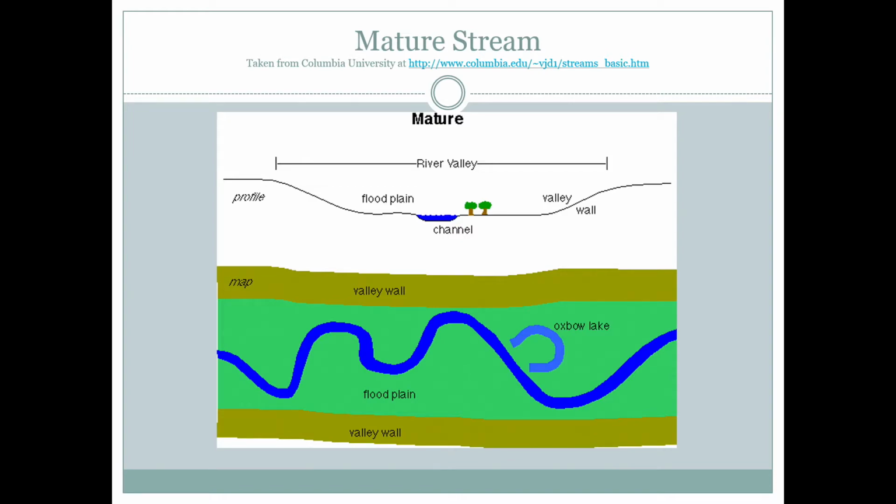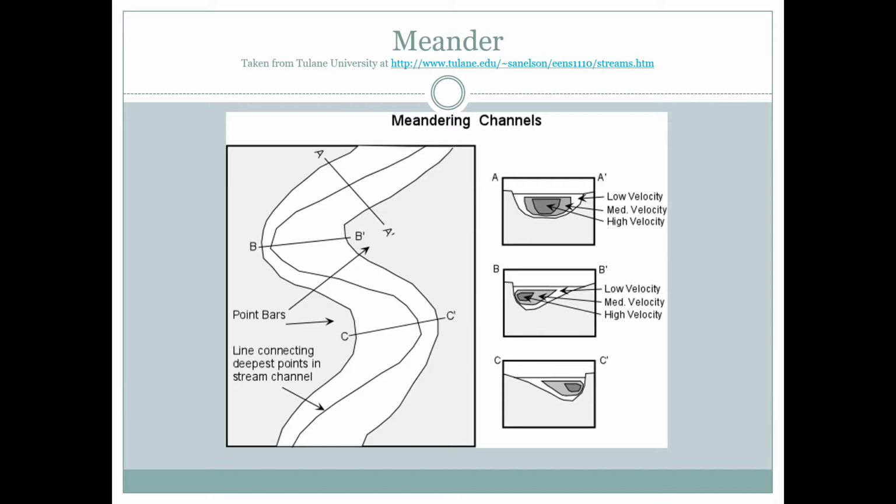So here's what a youthful, as you can see at the top there, mature river valleys, wide. And then we look down at the bottom view there, looking down from the sky. You can see lots of meanders in the stream because we're in a mature stage. This is an example of a meander. You can see if you follow that center line of the stream, the line connecting deepest points in the stream channel, see that labeled there? Notice how that line swings out to the outside of the meander curve each time. And notice then in the diagrams to the right that the highest velocity area swings out with it. So that highest velocity area swings out, which encourages erosion on the outside of the bends and deposition on the inside.